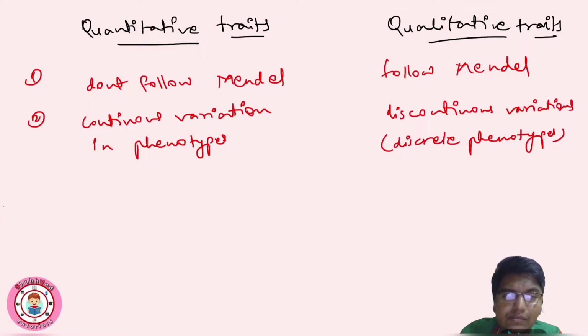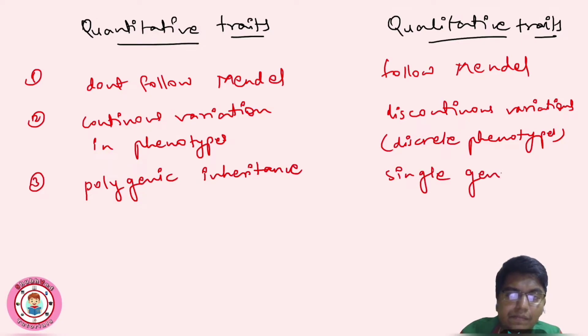Then polygenic inheritance for quantitative traits, and single gene for qualitative. Polygenic means there are many genes. In Mendelian, meaning in qualitative traits, there is only a single gene we consider, and they have alleles. Here there is nothing like allele, and if there is, the next important point is